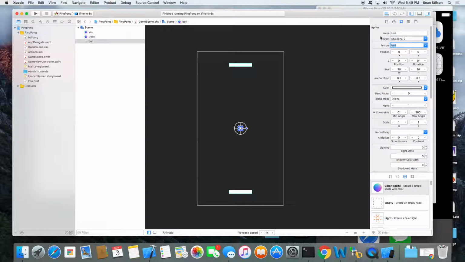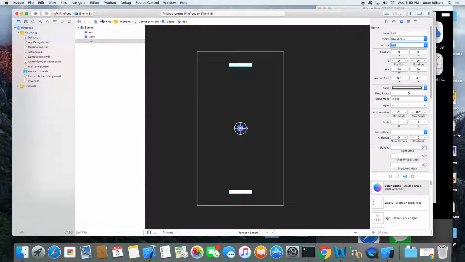So pixelated. Everyone got their ping pong ball set as their texture?